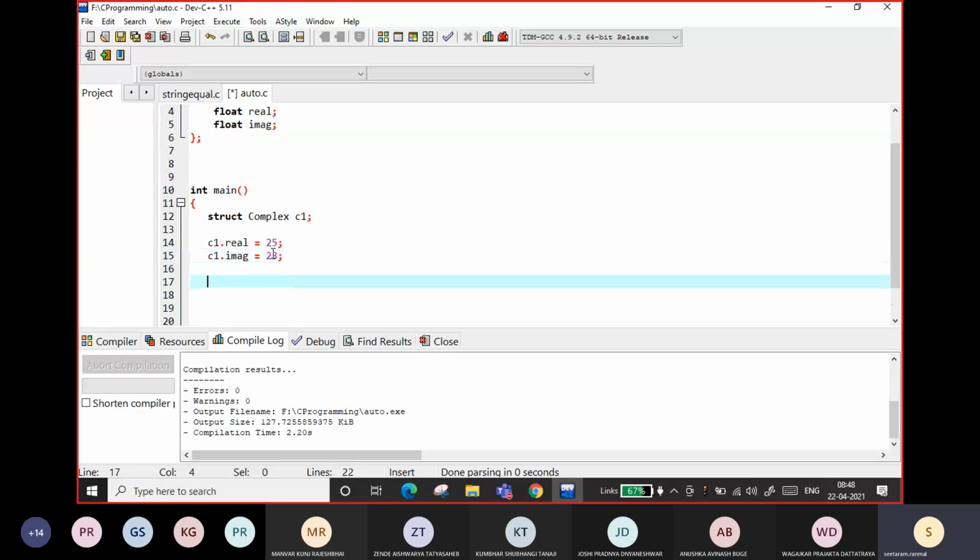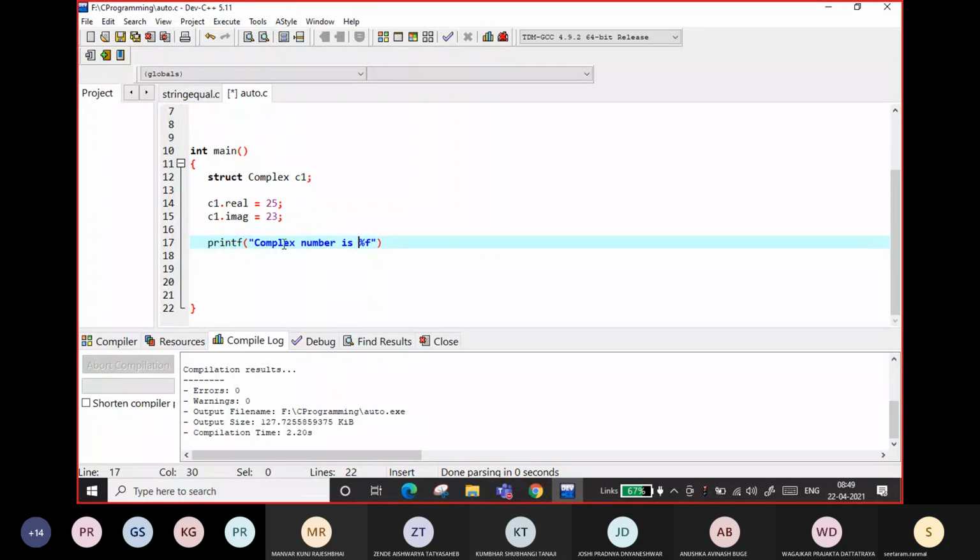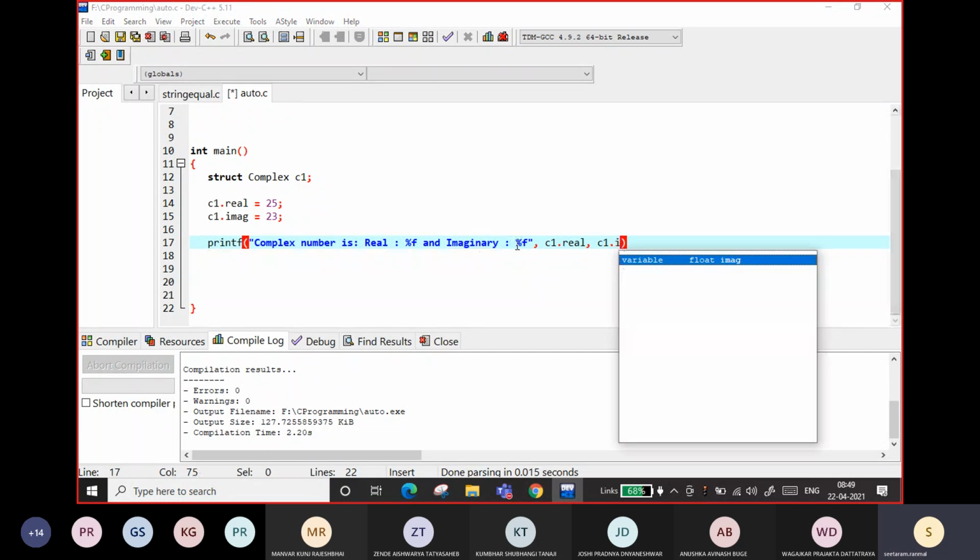Now if I will have printf complex number is real is this and imaginary equal to percent f comma c1 dot real comma c1 dot imaginary.